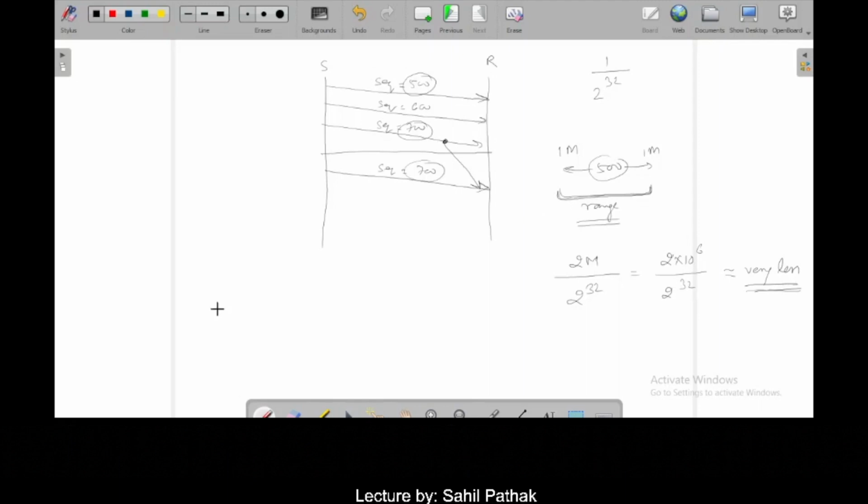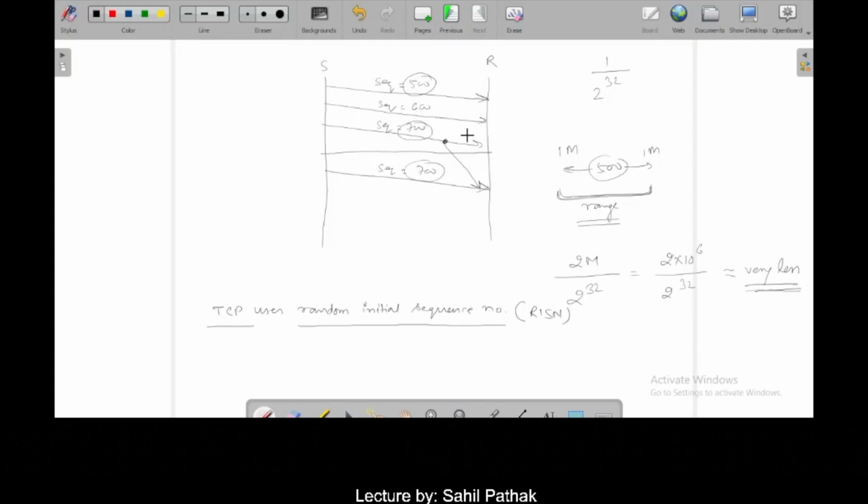So we can say TCP uses random initial sequence number. We call it RISN. So this thing for sure, that we use random initial sequence number in TCP, and that resolves the problem